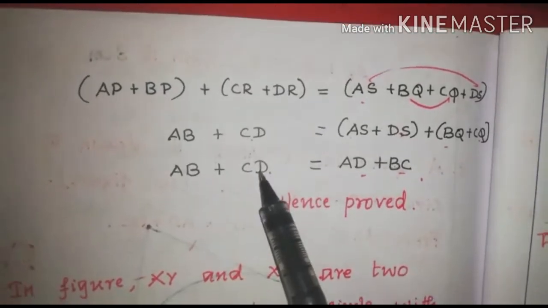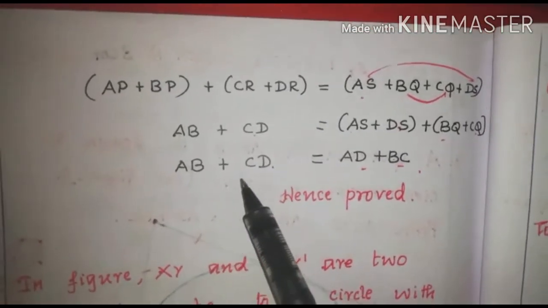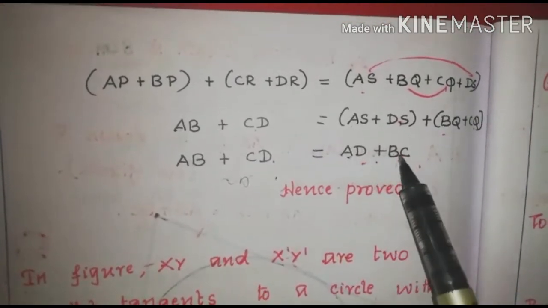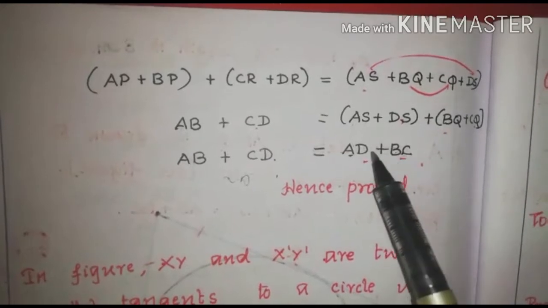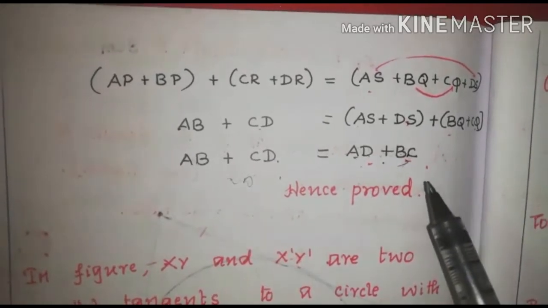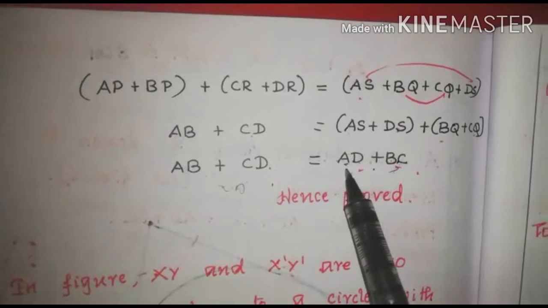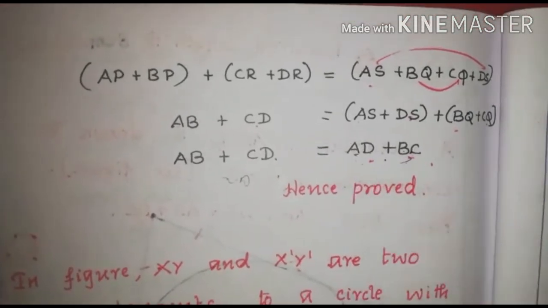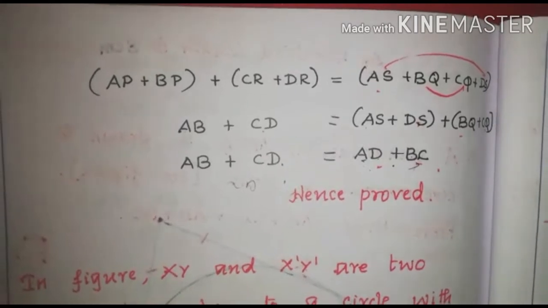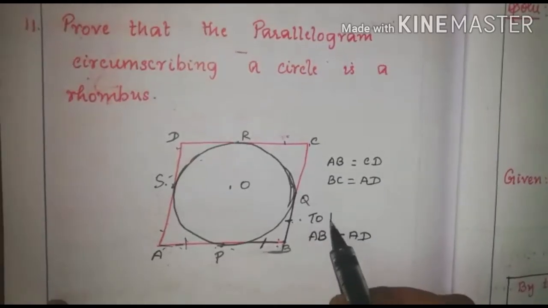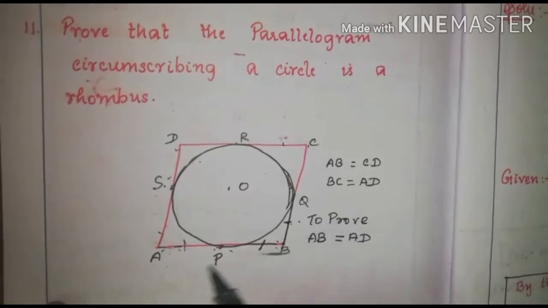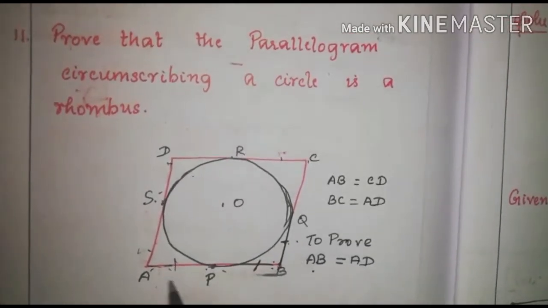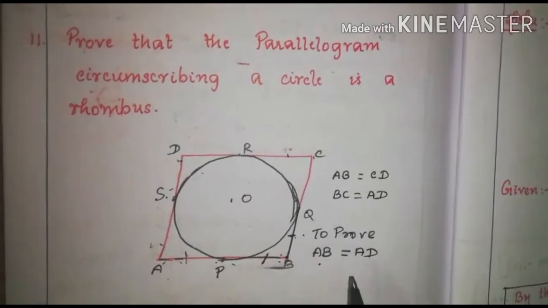So at last you will be getting a result like this, and since it is a parallelogram, AB and CD are equal. So you get 2 times AB, and here also AD and BC, the opposite sides, are equal, so you can say 2 times AD. So the adjacent sides become equal here, okay? AB and AD become equal. If you prove that the adjacent sides, that is AB and AD, are equal, that is enough. So it means that all four sides are equal and it becomes a rhombus.